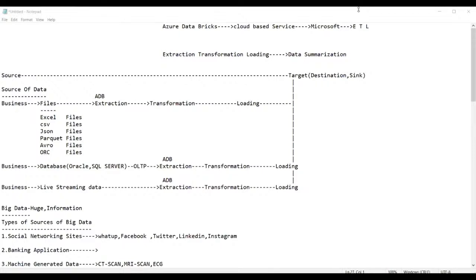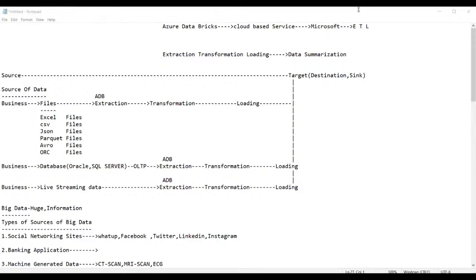Okay, I'm basically from an ETL background. So what do you suggest? Should I go for ADF or ADB? Are you from a technical or non-technical background? I am basically an ETL developer, an Informatica developer. Then you can go with ADB. Why not? Definitely ADB will work for you.